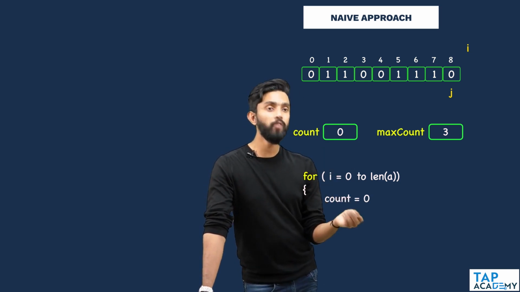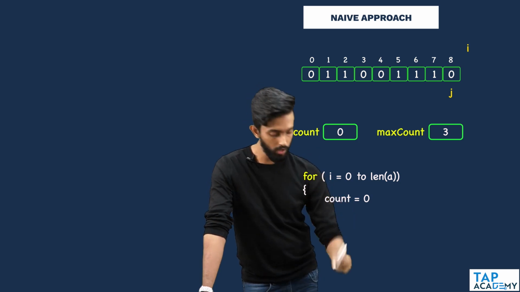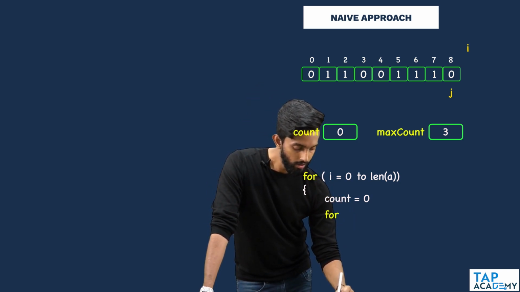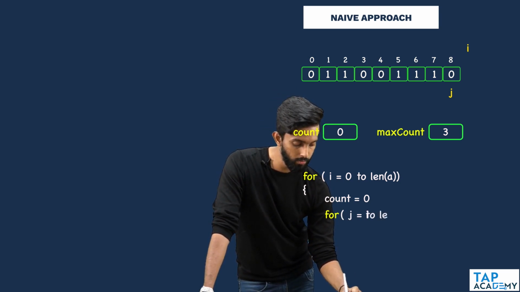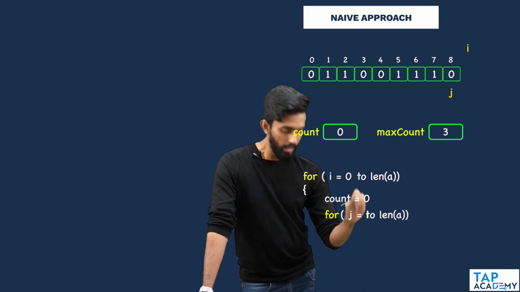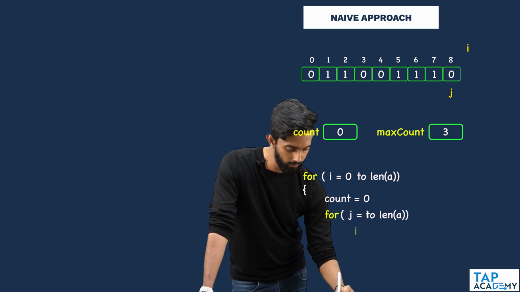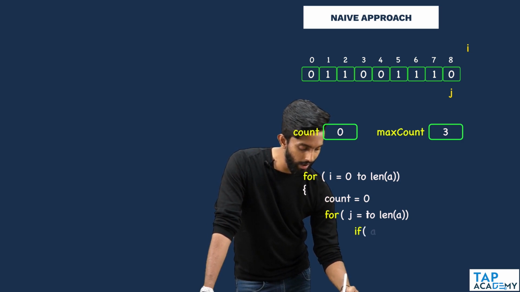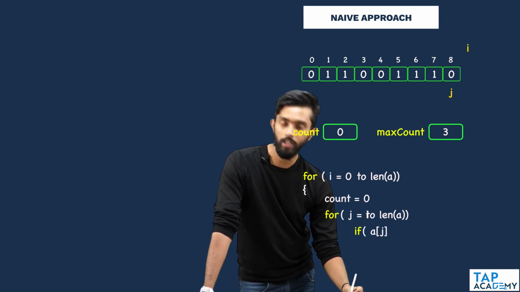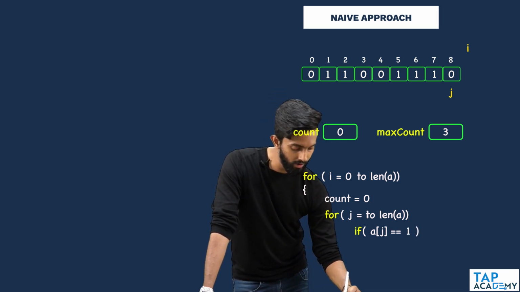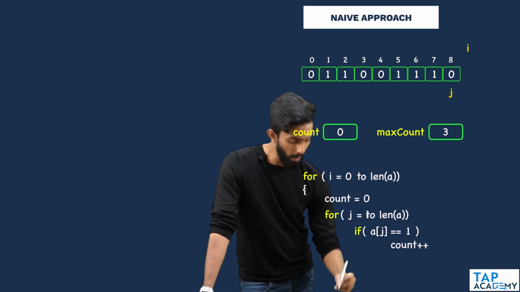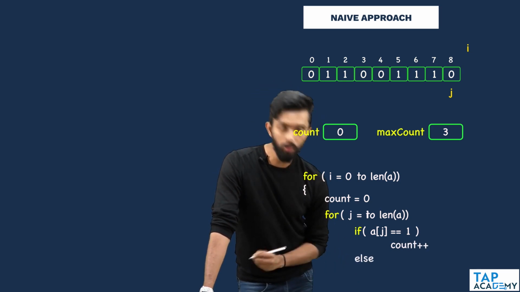Now, j will help find how many ones there are, the count. So I will tell for j starts from wherever i is starting. j has to go till the end of the loop. Inside that, what should j do? Check if the element at the jth index is equal to 1. If that is equal to 1, I will increment the value of count. That's it. But if it is not equal to 1,